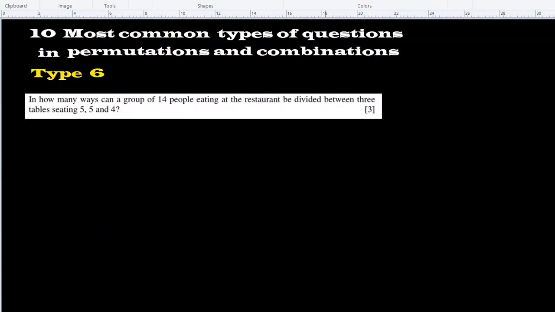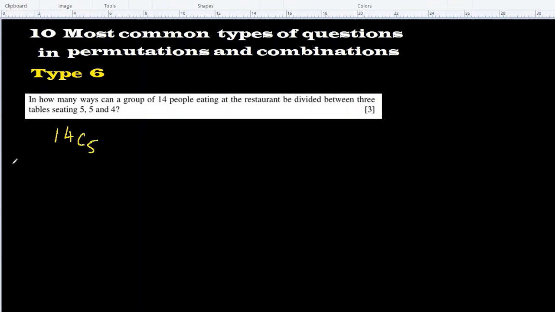This is type 6 question, in which they're asking in how many ways can a group of 14 people eating at a restaurant be divided between 3 tables seating 5, 5 and 4. Since they are fixed, you need any 5 people on the first table, any 5 on the second, and 4 on the third table. So we can select first 5 people out of 14. So it will be